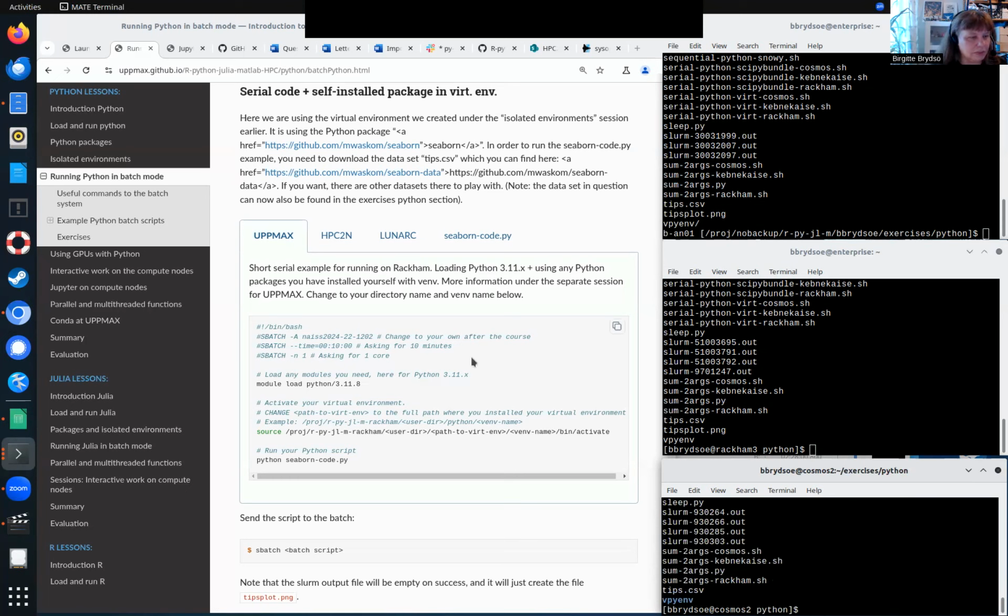And in that virtual environment, you install the Seaborn package. Okay, so let us try and run this example here. I just want to say a little bit about this because, just like before, this is much the same as for the serial example. You load the module Python. And then the important difference here is that you activate the virtual environment by sourcing the /bin/activate file under the virtual